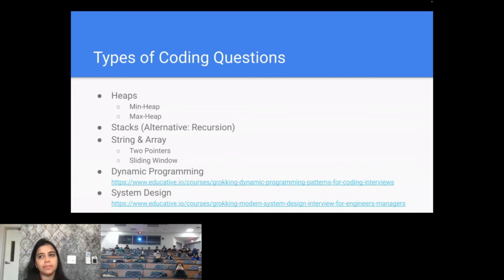Some people have come and told me that they have seen this type in the interview. You tell me that you've seen this kind of question before. Obviously I will change the question, but I'm expecting you to come prepared. I'm not expecting that you have never seen anything like a graph question at all. That means that you're not well prepared. The only time you should tell your interviewer that you have seen this question before is if you have got that exact question in any of your previous rounds.